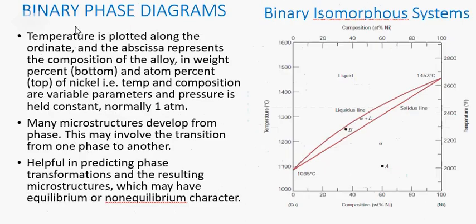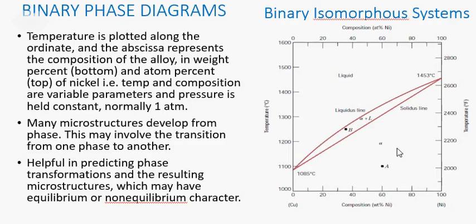And here the second type is the binary phase diagram. So we have three types. Let's begin with the first one, binary isomorphous system. Isomorphous in the sense that here we have three regions: the solid region alpha, the solid alpha plus liquid region, which is the sticky region, and the liquid region. It is isomorphous in the sense that